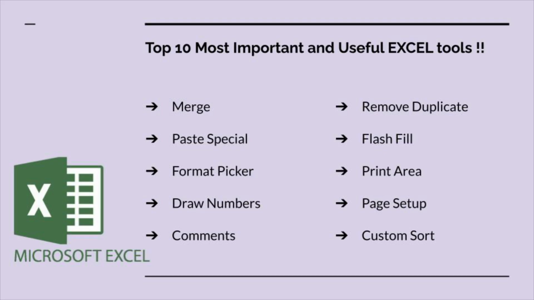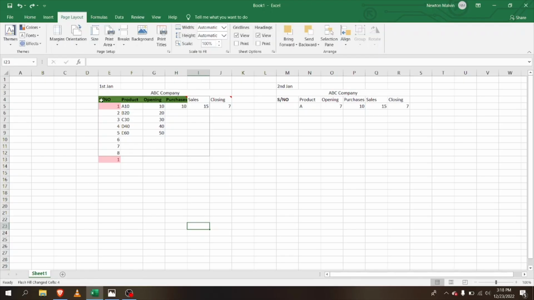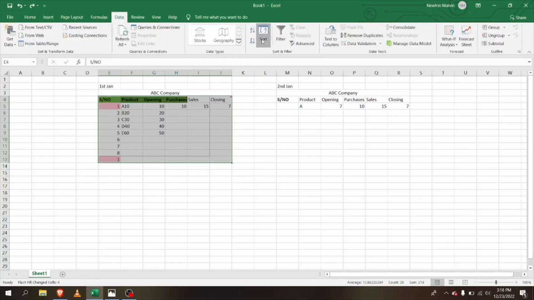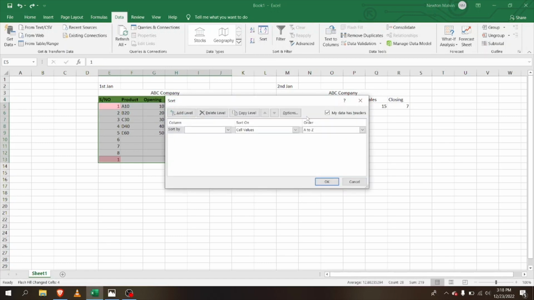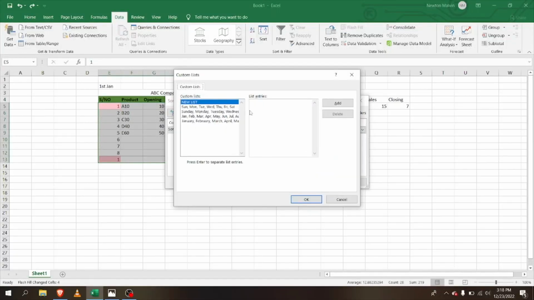Next we have the Custom Sort. If I want to sort in a custom order, let's say I select all of this, and go to Data and Sort here. I'm going to create a new list, a custom list. So here in the new list, I'm going to sort it with, okay,